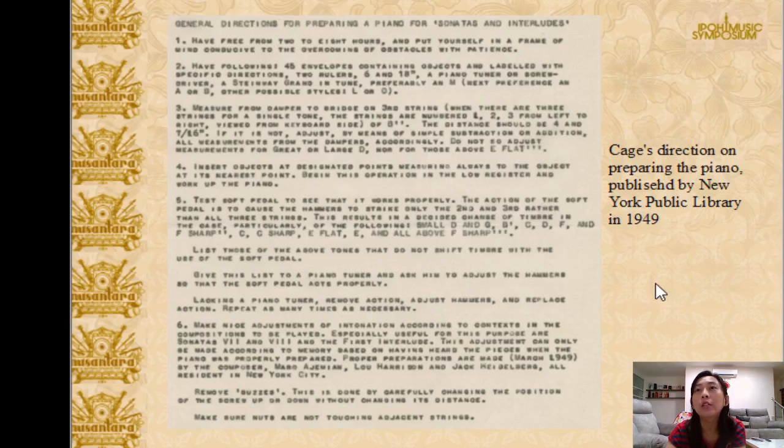And also this document published by the New York Public Library in 1949 is really helpful because it contains all the very detailed directions by Cage for the performer, the pianist, when preparing.